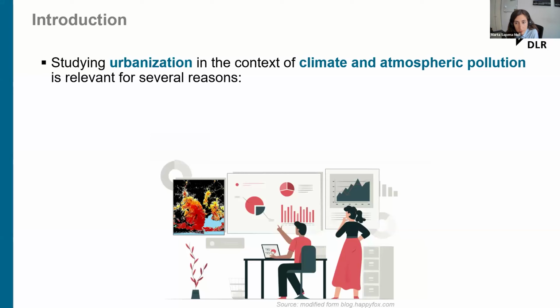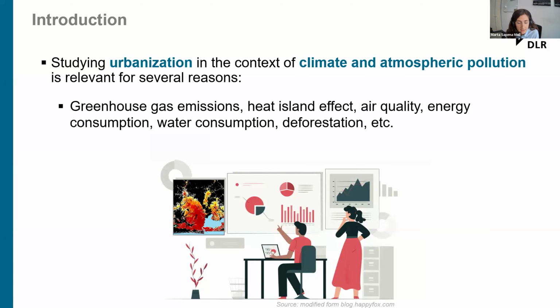Monitoring how urban areas grow provides information that can support decision making. By studying how urban areas grow and the impact that this has on climate and pollution, researchers and planners can develop effective strategies to mitigate these negative environmental impacts, enhance urban resilience, ensure sustainable development, and so on. Urban areas are emitting more greenhouse gases, they have created the heat island effect, they have poor air quality, and so on. But for that, we need updated and accurate data and information, which is crucial.